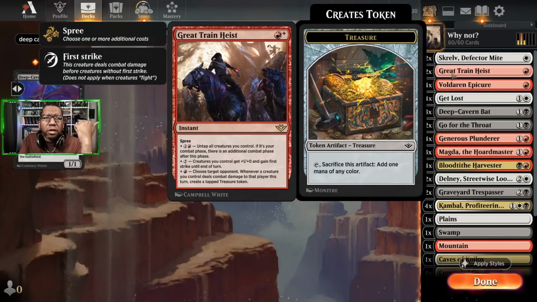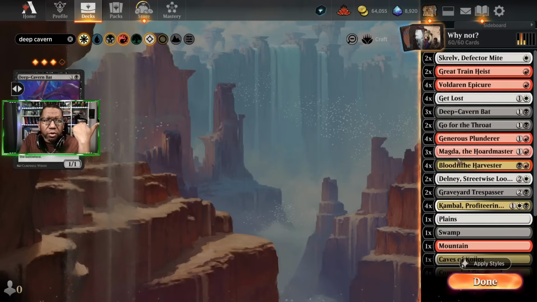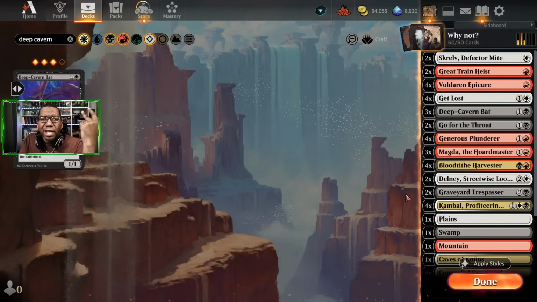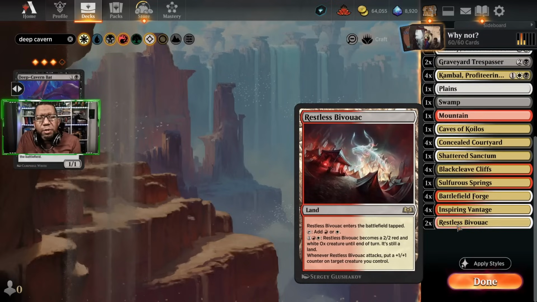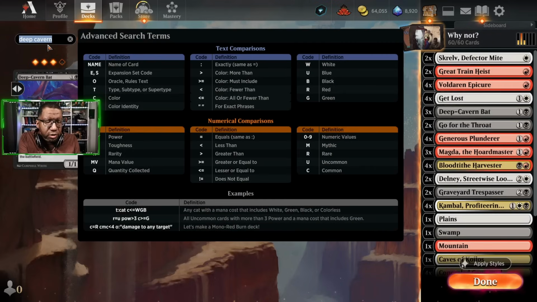But now we have Train Heist can target, Get Lost, Deep Cavern Bat, Go for the Throat, Harvester, Trespasser. Comball doesn't target. But that gives us enough cards that I think we can lean on Magda a little bit. Out of curiosity, with Bivouac, it has to be a creature we control. I was thinking, if we could put a counter on something else, that'd be pretty funny. But the other thing, if you want to go a different way, now that we have Deep Cavern Bats, we could go with